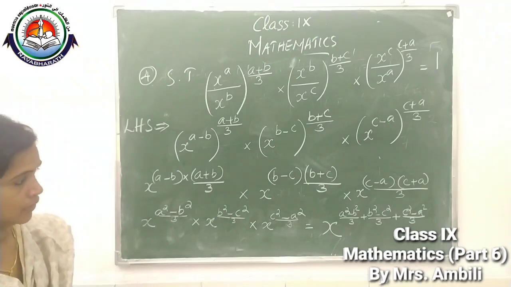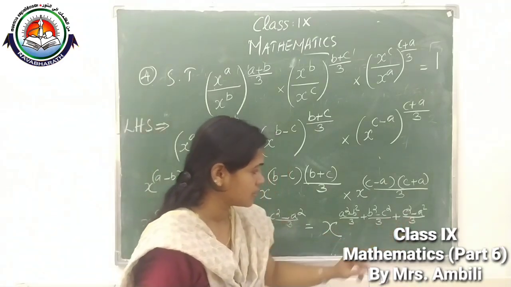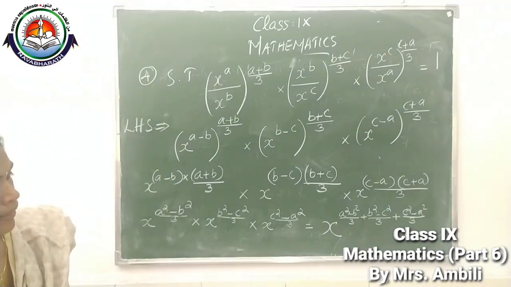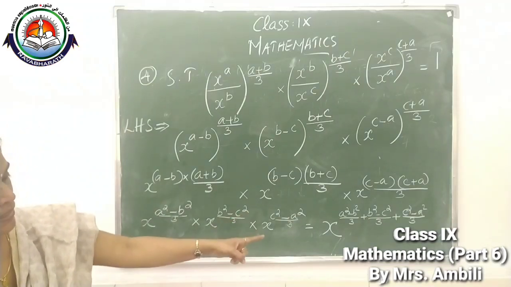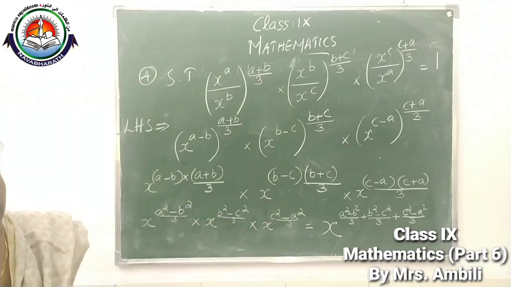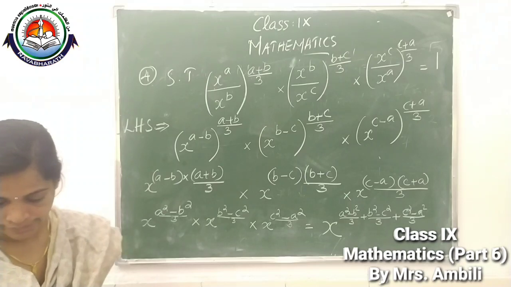Now you look, the denominators are the same, isn't it? It is (a² - b²)/3 + (b² - c²)/3 + (c² - a²)/3. Denominators are same. So, we can write,